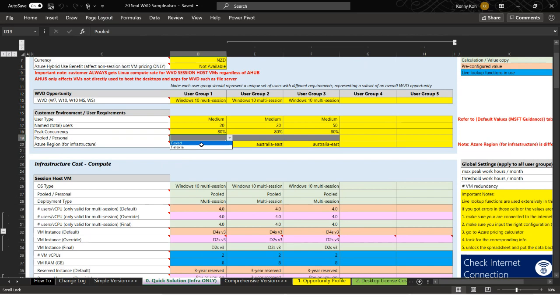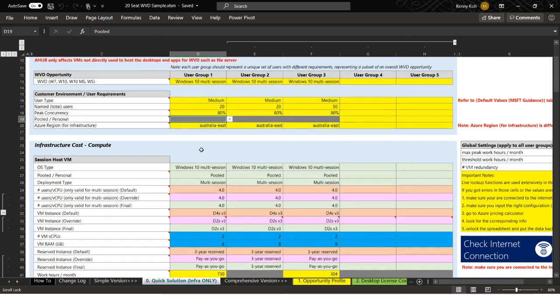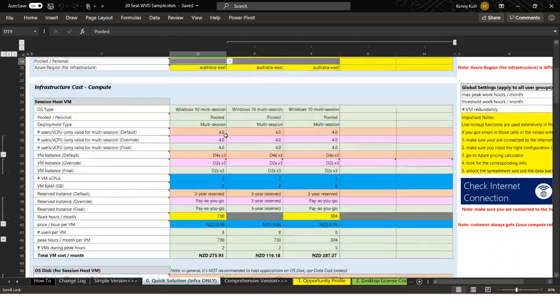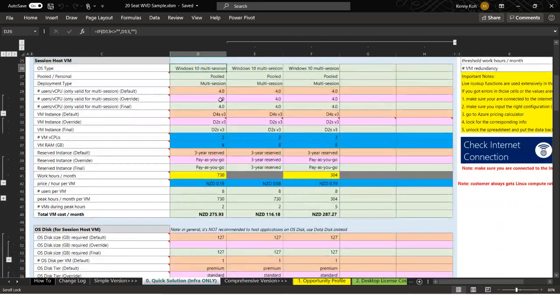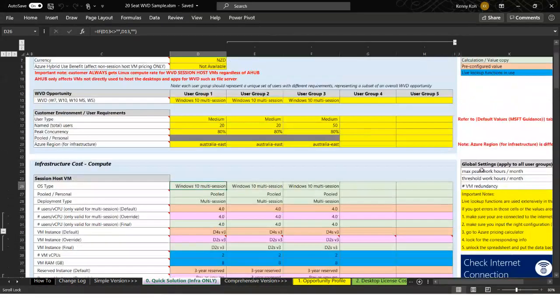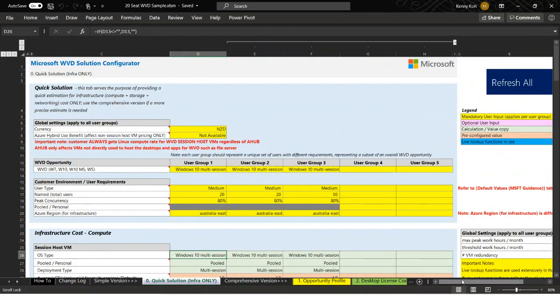This is typically for VDI. With Windows 10 multi-session, you wouldn't really look into pooled or personal because obviously it's multi-session already, so it's pooled to begin with. Yeah. So with Windows 10 multi-session, the other thing you've got to set is on the pre-configuration portion